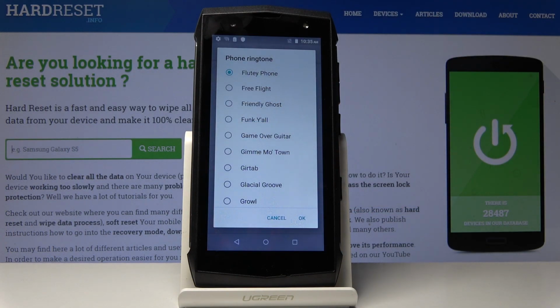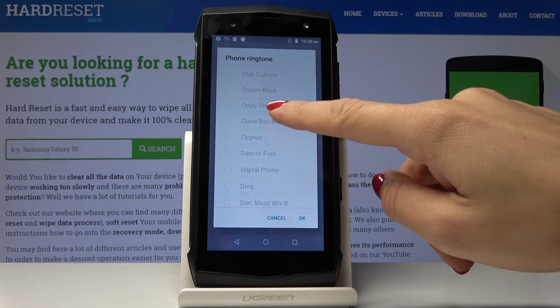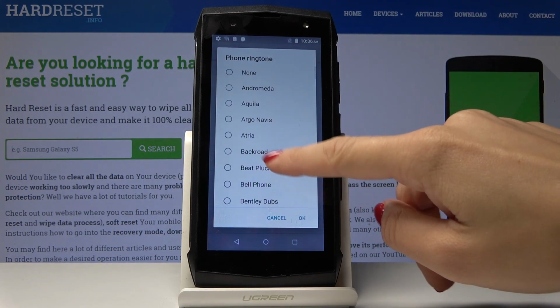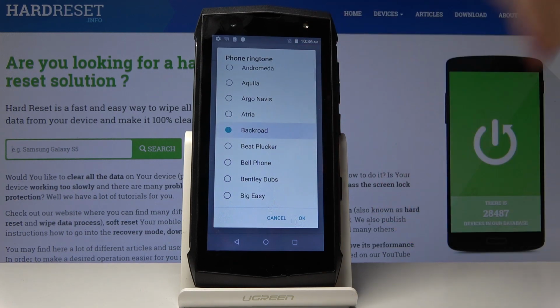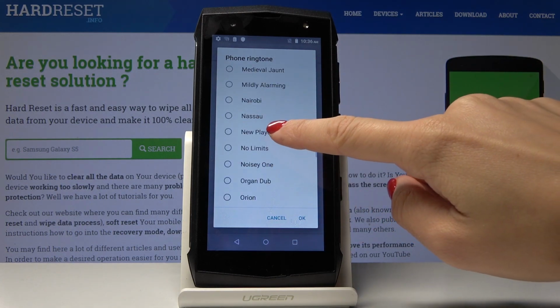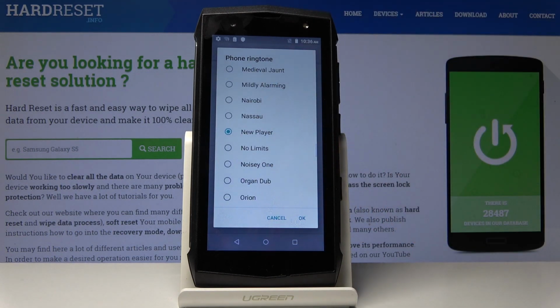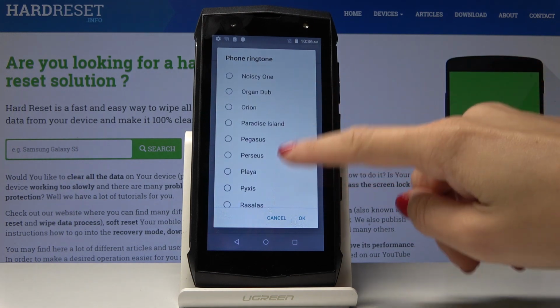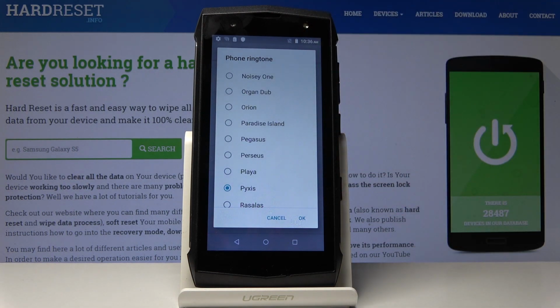And it's time to select the one that you like the most and that you would like to set up as your ringtone, so let me show you 3 of them, for example, Backroad, then New Player, and Physics. And let me pick, for example, Orion then